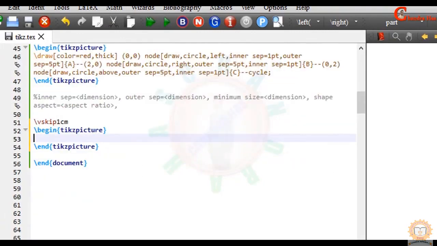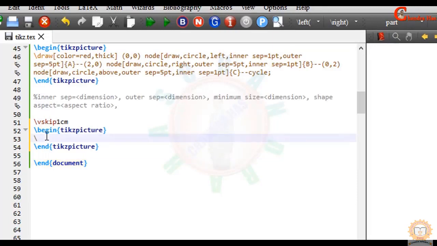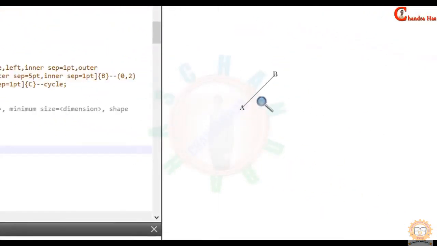Now I'll draw one straight line, this one again. I want to print text at each point. So for this I'll use node. Compile your file. We can print any number of points for any shape.